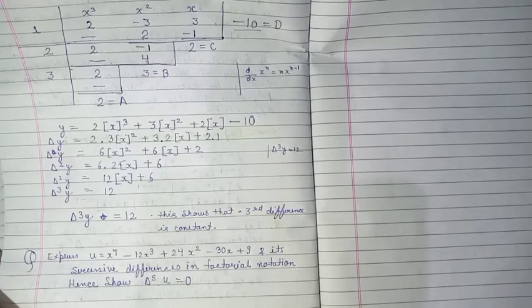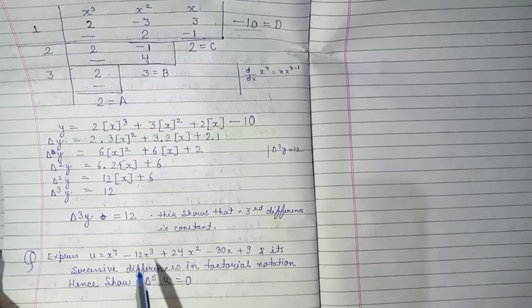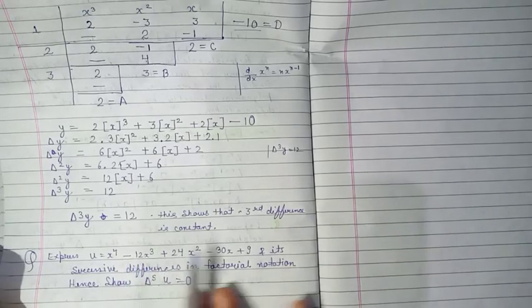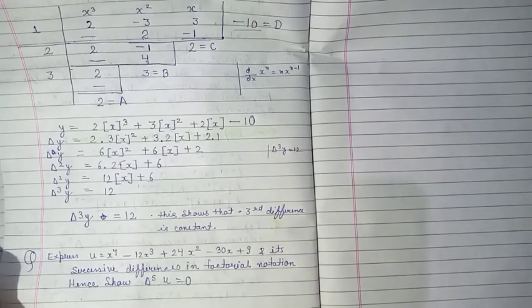So you have a simple idea of how you will express this. First we will express y equal to a factorial x to the power 4 plus b factorial x to the power 3 plus c factorial x to the power 2 plus d factorial x plus e. And afterwards we will do synthetic division and do the calculation. So I am explaining this question, and please be conscious, be attentive.